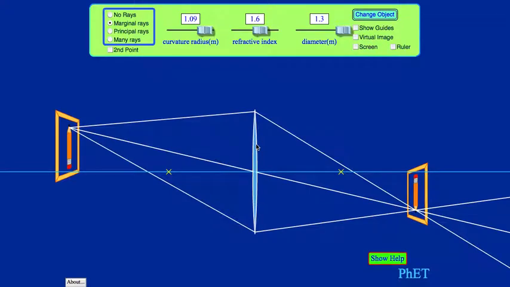As a follow-up to the first video, I still have my radius of curvature set at 109 and my index of refraction of 1.6. But I wanted to also point out that for other object locations, first of all, your object locations are all set on WebAssign, so you need to get those values from WebAssign. But for the object to be located closer to the lens and closer to the focal point, the second place